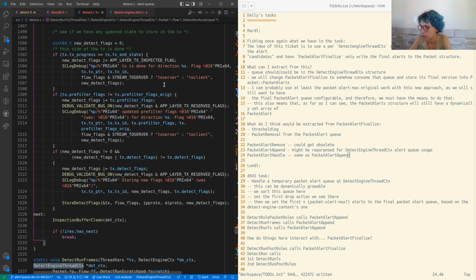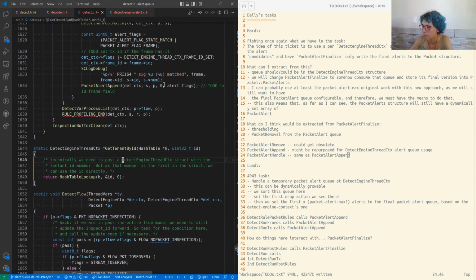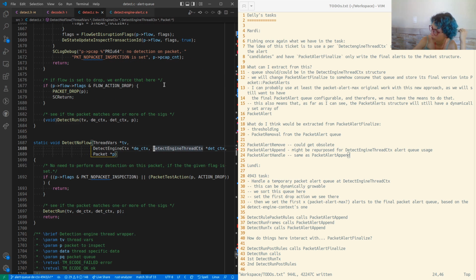But yeah, I'll look for this, and we have 33 matches. Hopefully somewhere I see this being sort of initialized, so I can initialize the queue. Detect flow, detect no flow.